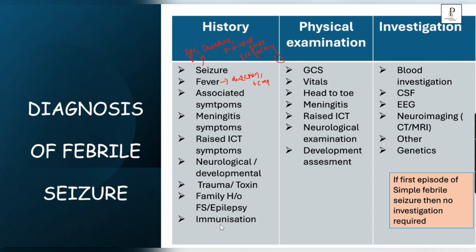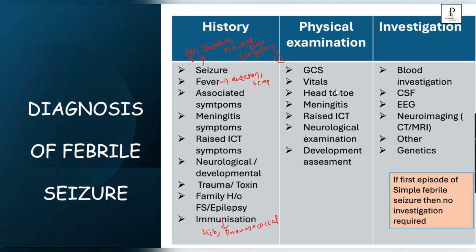In immunization, two immunizations are important. One is Hib immunization and one is pneumococcal, because these two will cause meningitis. Then in physical examination, in GCS, just find out the GCS and monitor it. Vitals, check for any instability in vitals, low BP, etc., and treat that. Head to toe examination,